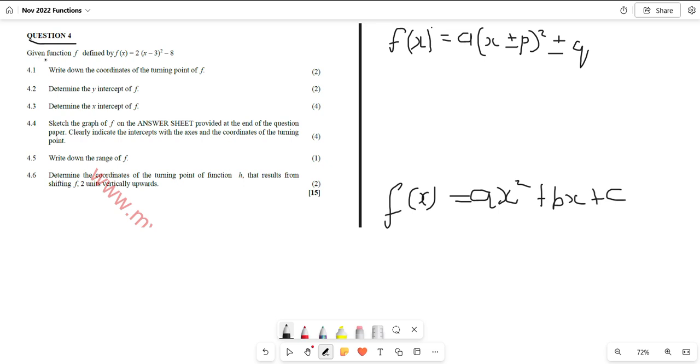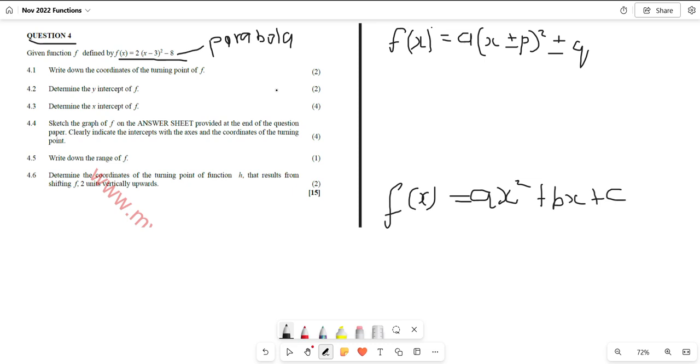It says, given the function f defined by f of x equals 2 in brackets (x minus 3) all squared minus 8. Because there is a square here at the end, we know that we are dealing with a parabola. Then as far as the parabola is concerned, it has two